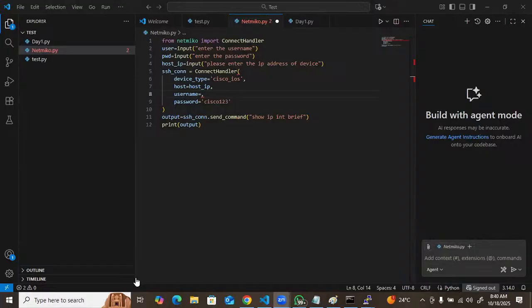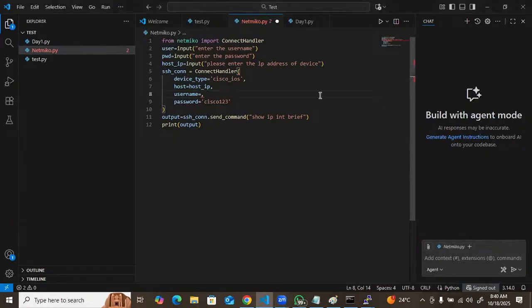Username will be user. Password will be PWD. Hello, am I audible, guys?